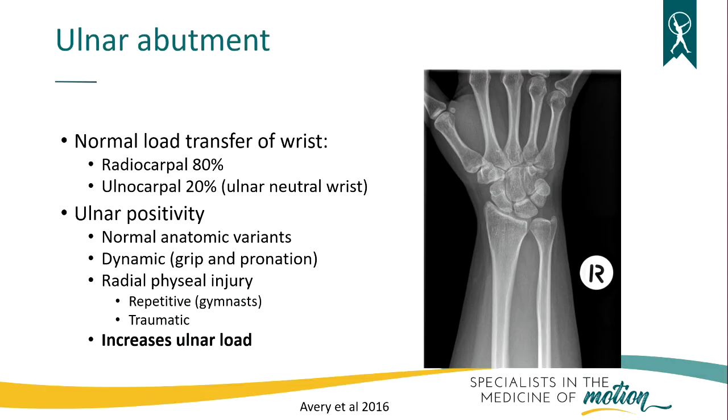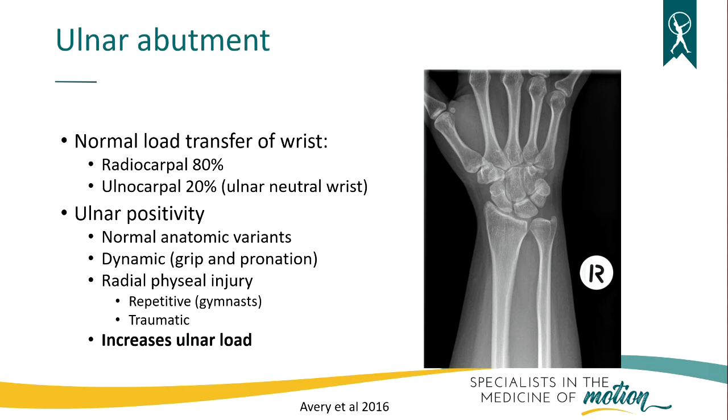Another cause of ulnar wrist pain is ulnar abutment. For this, we really need to understand the native architecture of the wrist and kind of understand where the ulna sits in relation to the radius. Most patients are somewhere around what we call ulnar neutral. And in a radiograph like this, the ulna just comes right to the edge, the lower edge of the radius